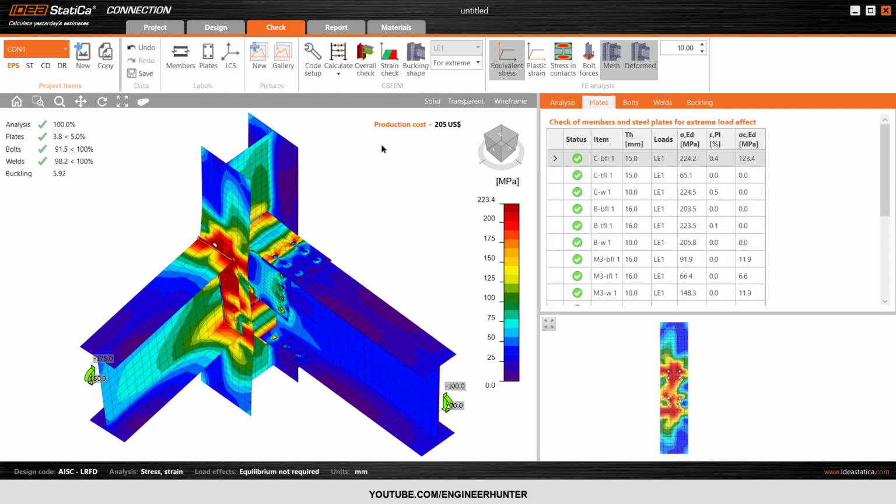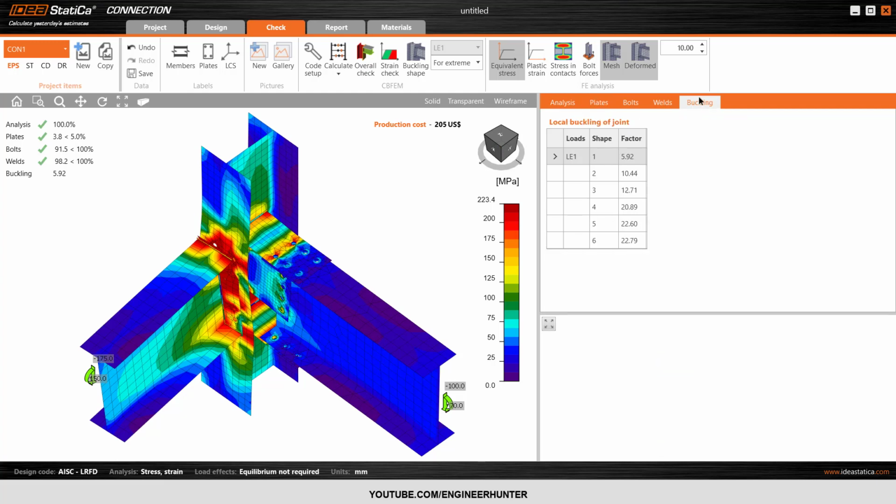So now the buckling analysis is done. You can check the buckling information here. There are 6 modes, and the critical one has the buckling factor 5.9, so it's okay, it's bigger than 1. So the connection here is done,